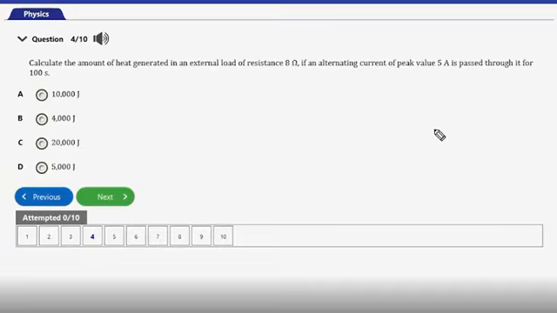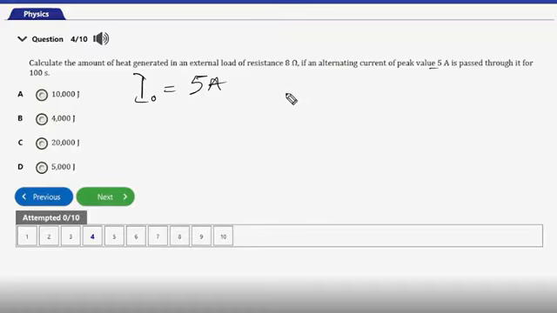It says, calculate the amount of heat generated in an external load of resistance 8 ohms if an alternating current of peak value 5 amps is passed through it for 100 seconds. So guys, here we are going to solve this together. So let's say I naught is going to be 5 as given here, that's 5 amps,